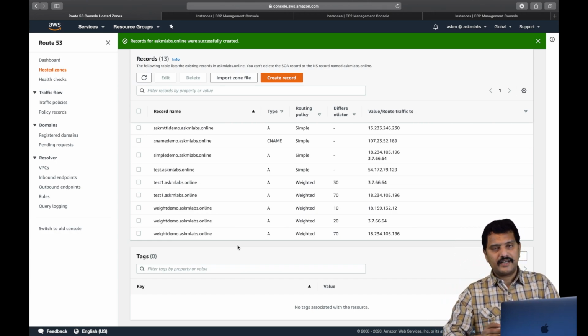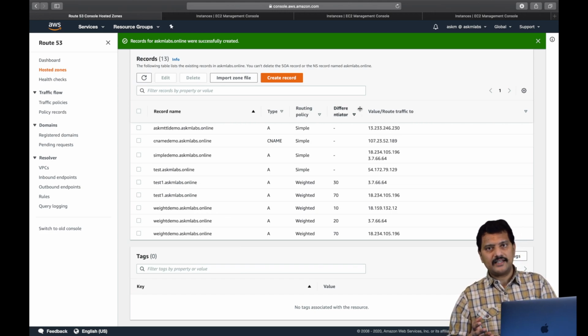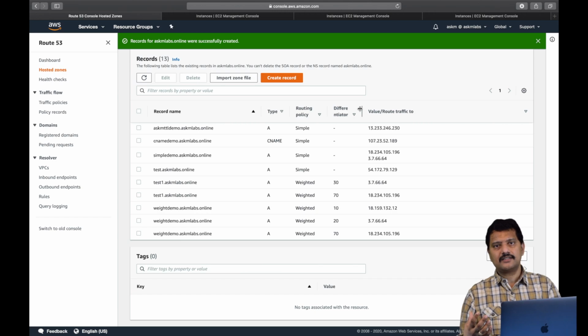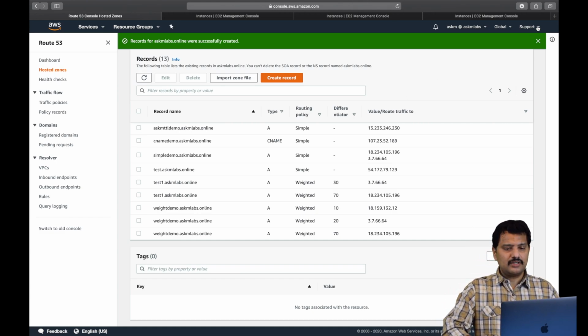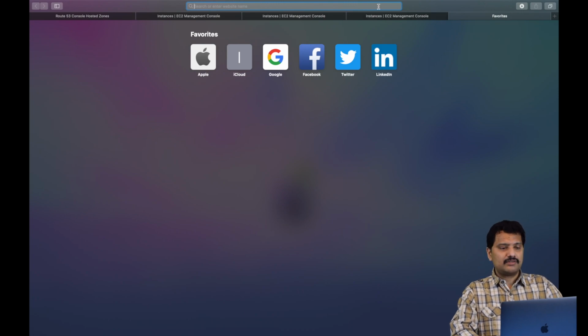So as you see here, the last 3 records, each record is mapping to a different IP in different regions. Now we are ready to validate whether the requests are going to the different regions. Testing this is really hard, because we have to simulate load on the DNS record from different sources. I have a simple way to validate, but we will see if we are able to switch to different regions during the access. For simplicity, let me first access in the browser and see if I am able to access one of the web servers.